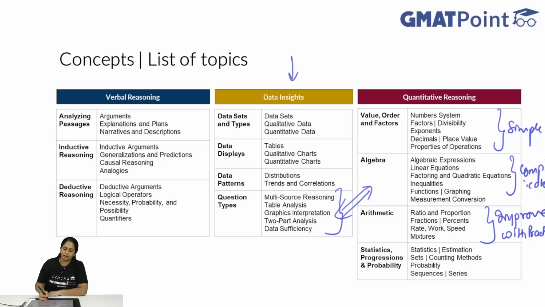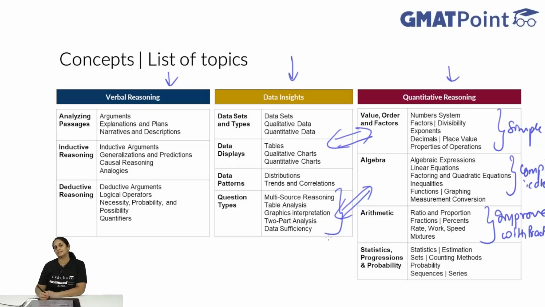Now, as I mentioned earlier, there is significant overlap between these two sections. Because of this overlap, we should learn in such a way that the section that you do first helps you in learning the next section. So verbal reasoning and quant reasoning are fairly independent. So you can start with verbal reasoning and quant reasoning, and once base concepts are done for quant reasoning, then